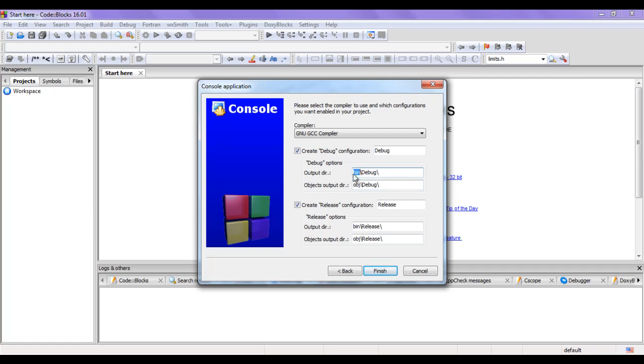Inside the bin folder it also creates a debug folder. Inside the obj folder it also creates a debug folder. Inside the bin debug folder, it creates our output file, that is the executable file. Whereas inside the debug folder of the obj folder, it creates object files for our CPP programs. Then I say Finish.